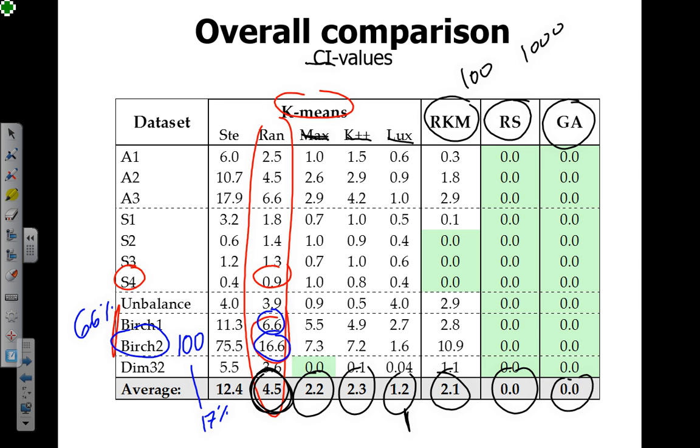If you need more accurate than the standard k-means, so you start at this level, then you have to think about what to do. Repeated k-means would be the next choice. It's simple to do, with no need for extra steps. All of these others need a more complex implementation, especially Luxburg, which is already quite several steps. Even the max-min takes a little bit of effort. So with the same trouble you could actually use the random swap already. The genetic algorithm really needs more effort to do. Okay, so this is just to put the k-means results in context.